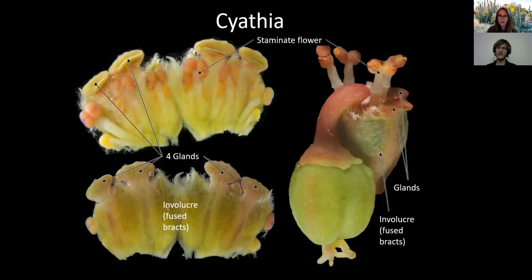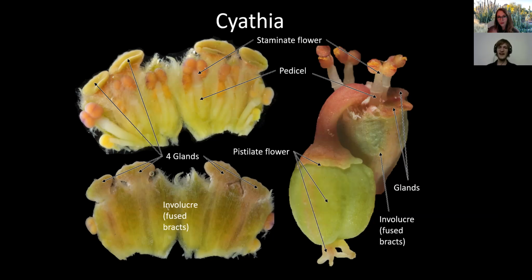you have a collection of many staminate flowers. Now, these are the male flowers, and it's also worth noting that these are simple flowers. They don't have any petals or sepals, and they only have 1 stamen per flower. And there can be even up to 100 of these things in a single cyathium, but usually there are at least 5. And each of these have their own little pedicel, their own little flowering stalk. And then in the center, you have a single pistillate flower, a single female flower that produces the fruit and the seeds. And this comes out of the center of the cyathium and usually sort of curves over